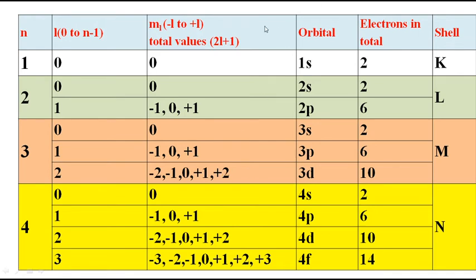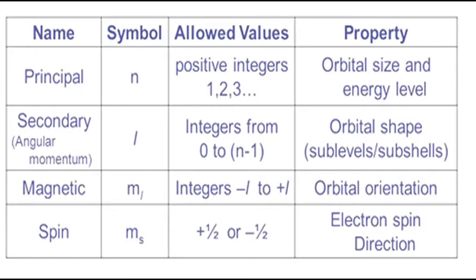This table is going to be very, very important. Sure questions from this table, so please go through it. Also total electrons you can calculate: 2n squared electrons, is it not? For n equal to 4, there are 16 orbitals, so 2 into 16 gives 32 electrons in total. I have given it in different colors, so I think you can easily find this out.